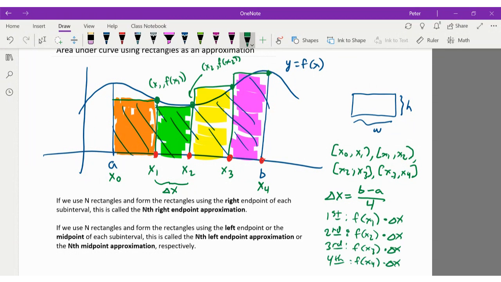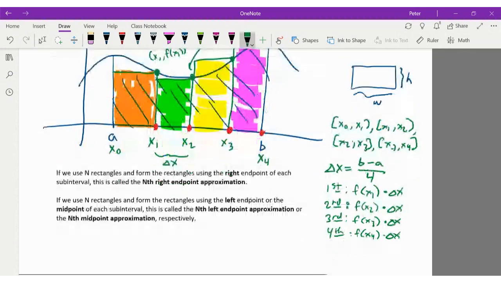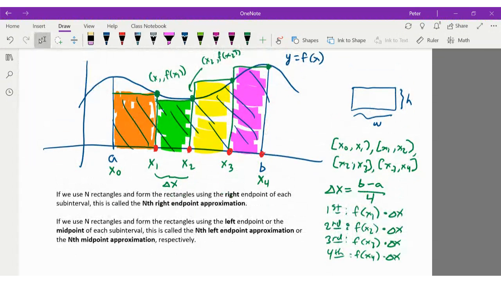So that gives me the areas of all four rectangles, and I can simply add them up. We refer to this method of finding the area, or the approximate area, as the nth right endpoint approximation. What is the n? n is equal to the number of subintervals, or in this example,